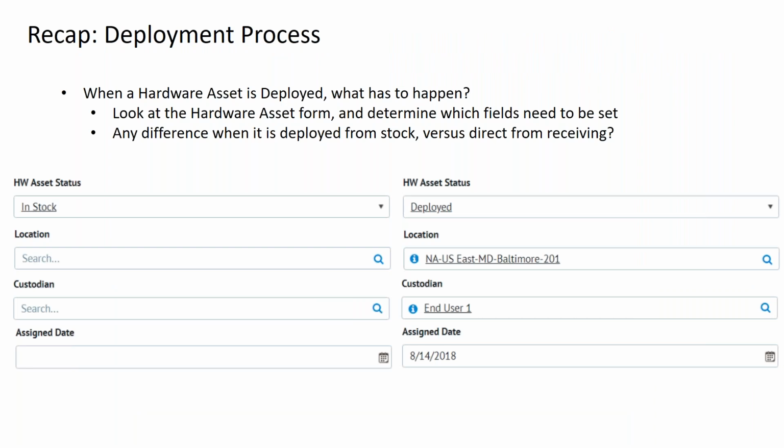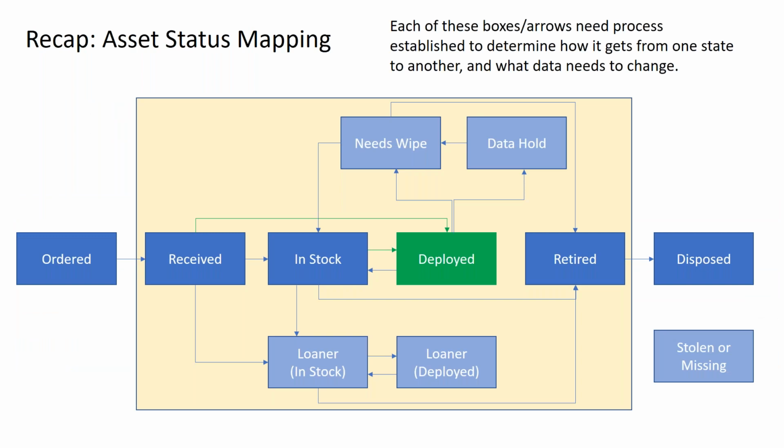And for each of those, we went through received and in stock to deploy, that deployment process last time, and figured out, well, what do we need? What needs to happen when an asset is deployed? And then we know first off, it can only get deployed from a received state or an in stock state, and then beyond that, what fields do we need to set when that happens? And we kind of looked at the form, and we